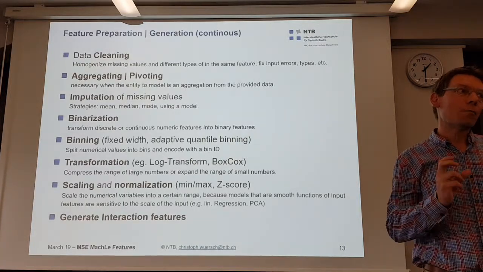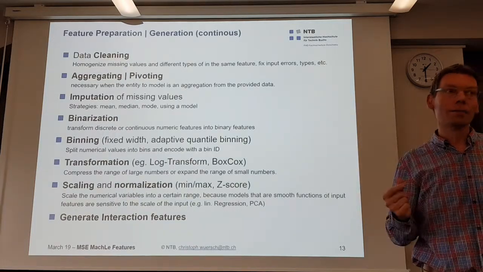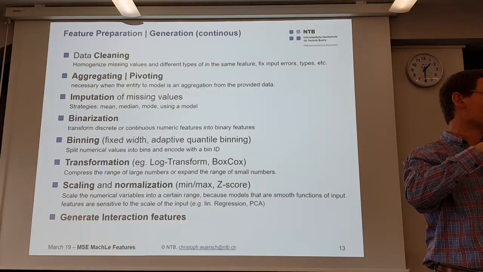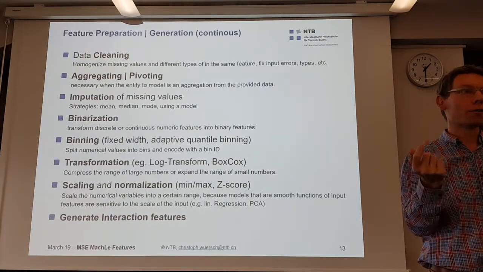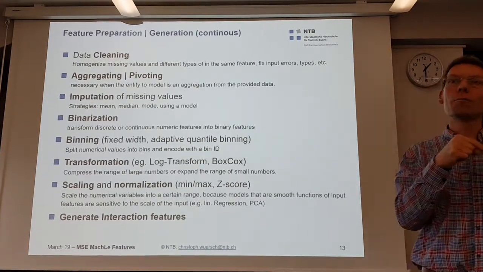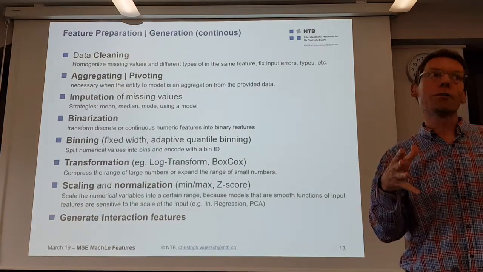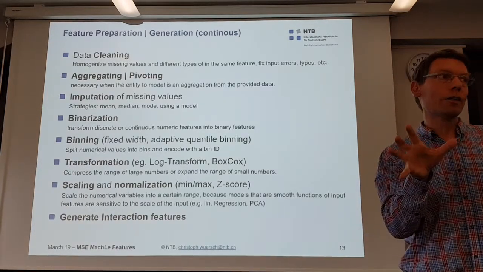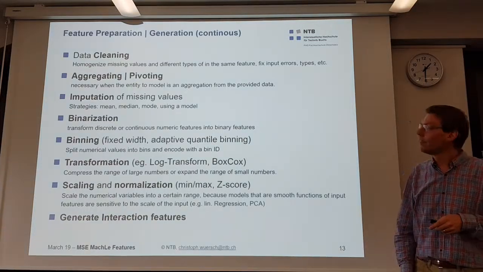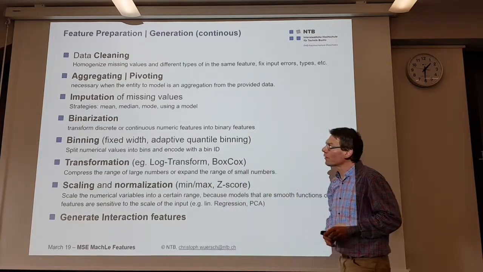Then you can say, is there a model behind it? Could I use also the other features, column 2, 3, feature 5, 6, 8, to generate a model that predicts this feature x1, for example. And then, after you have trained this model, you would replace all missing values by the predicted value of the model for this column. So you replace, within your input data, using a model based on the other features, some values of a given feature where you have a lot of missing data. This is also imputation using a model. And then, of course, you can also take into account